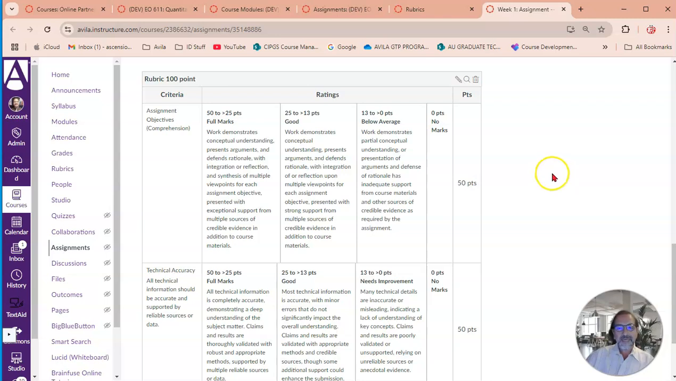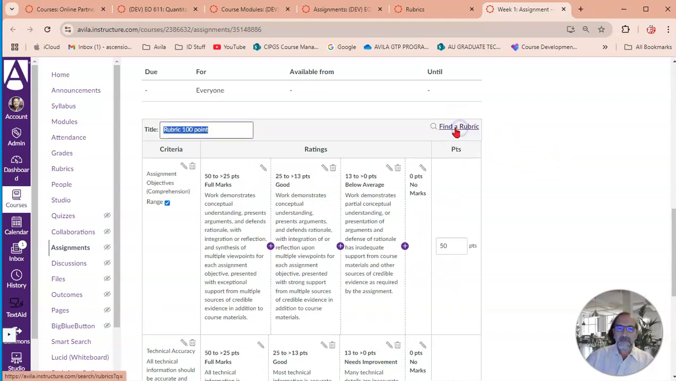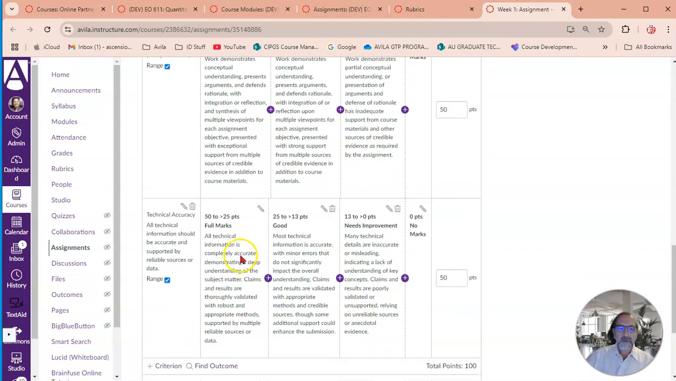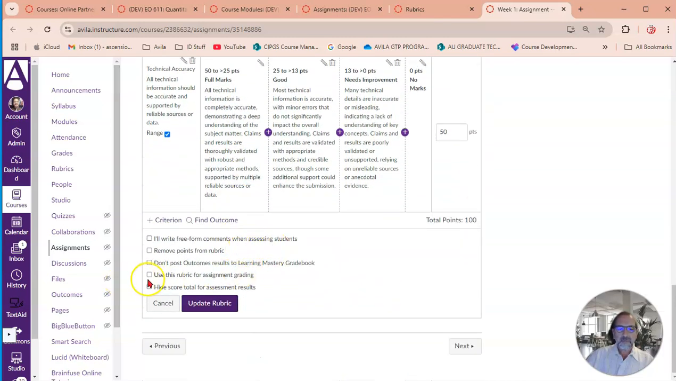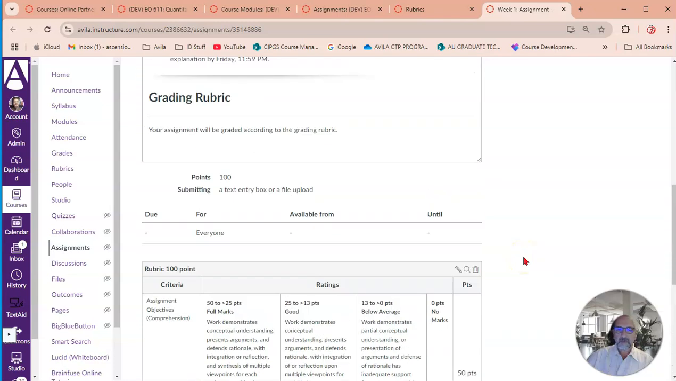That's the good news. The second step is we now need to set it up for use in SpeedGrader. Okay, so we want to click on the pencil to go into edit mode, scroll down to the bottom of this rubric, and we want to click right here on this check box that says use rubric for assignment grading. Okay, so once I check on that, we have a little checkbox. We say update the rubric, and we should be good to go,